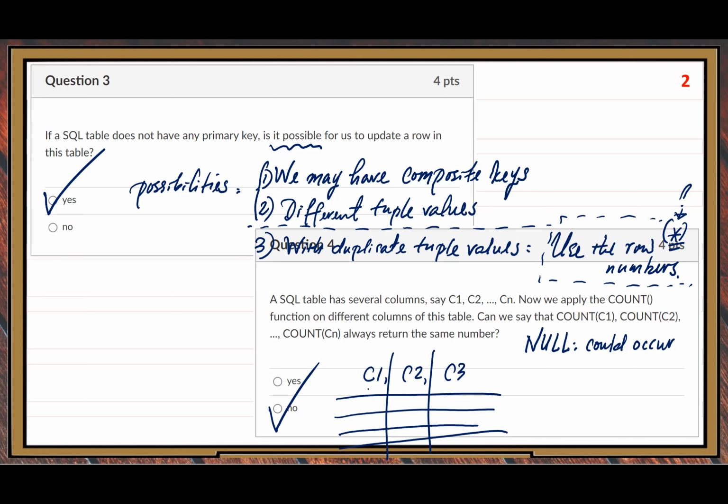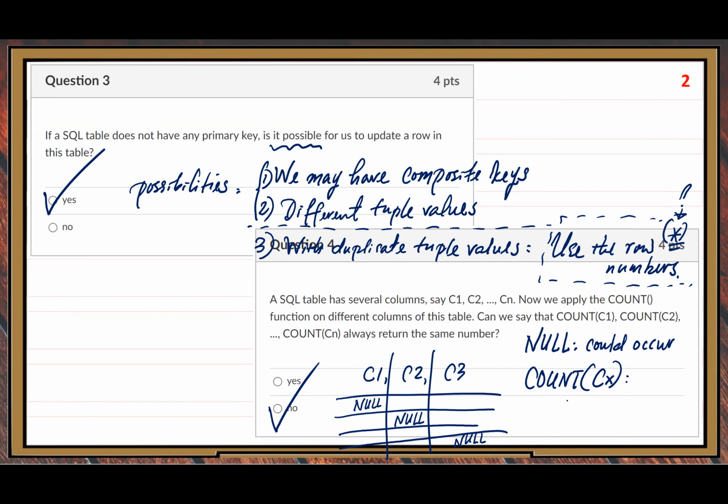We know for different rows, the null values could be at different locations. But when we call that count function on Cx, representing one typical column,